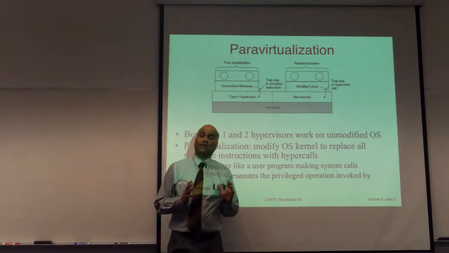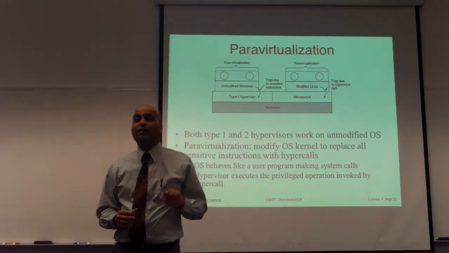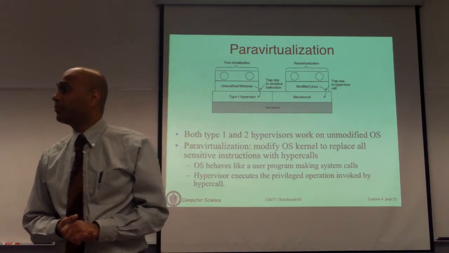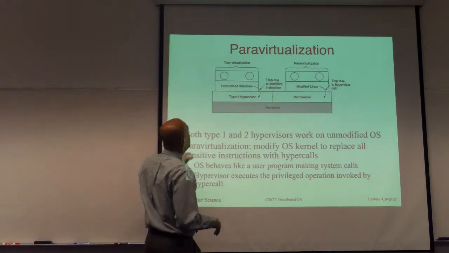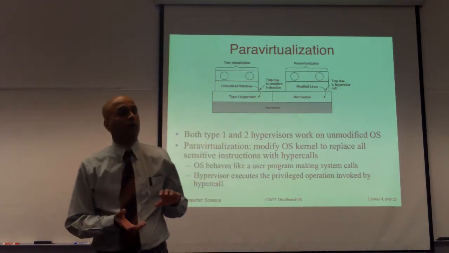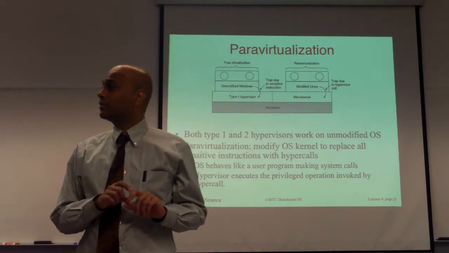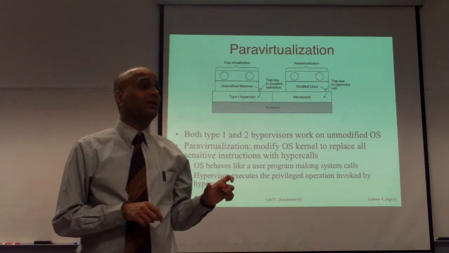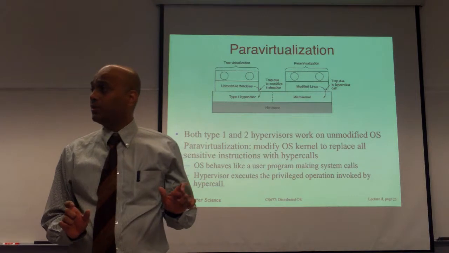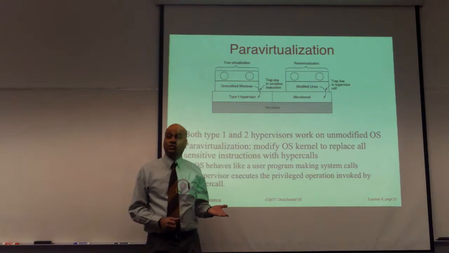In this case, you cannot run your operating system code unmodified. You have to actually go and modify the code and implement some additional functions similar to what type 2 hypervisors do. Okay? Specifically, what you would need to do is, for example, let's say you have Linux as your guest OS, you would have to go and look at the Linux code and look for every occurrence of a sensitive instruction in Linux code. Okay? And you replace that sensitive instruction with actually a function call into the type 1 hypervisor. These are called hypercalls. Okay? Just as in operating systems, you have system calls, for hypervisors, you have hypercalls.